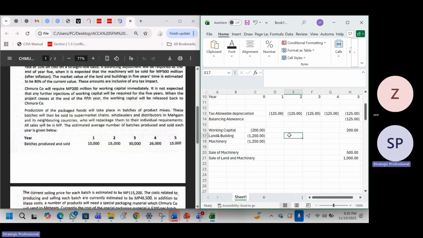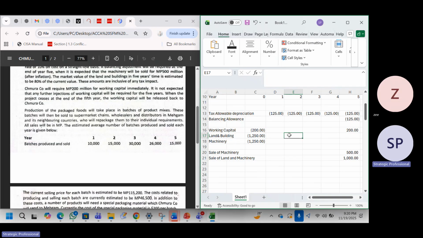We've talked about working capital, we've tackled that. They didn't stress us on working capital, so fine. So they now told us that production of the packaged food will take place in batches of product mixes, right? These batches will then be sold to supermarket chains, wholesalers, and distributors in